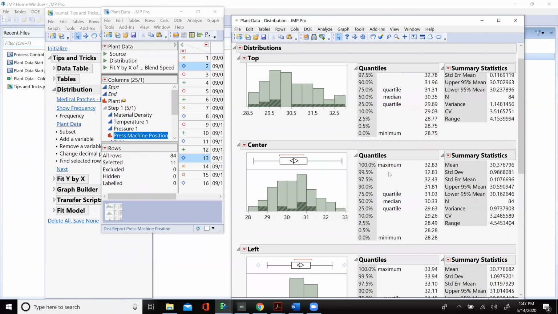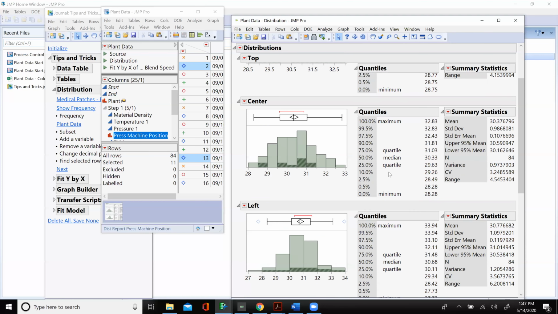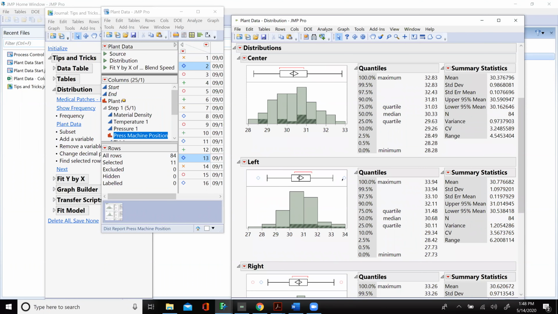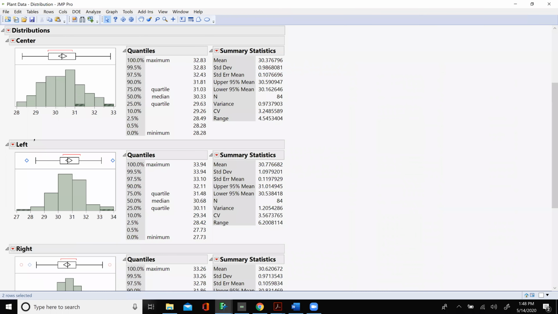See that? Right. Next is, hey Heath, I have 2 potential outliers here and here. I need to go find them. And it's a large data set. It's not 84, it's 84,000. I can go back to my data table.